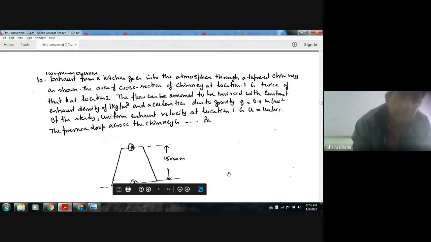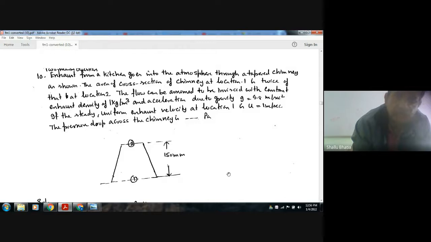2 marks question. Exhaust from a kitchen goes into the atmosphere through a tapered chimney as shown. The area of cross section of the chimney at location 1 is twice that at location 2. The flow can be assumed to be inviscid with constant exhaust density of 1 kilogram per meter cube, and acceleration due to gravity g is equal to 9.8 meter per second square. If the steady uniform exhaust velocity at location 1 is u equal to 1 meter per second, the pressure